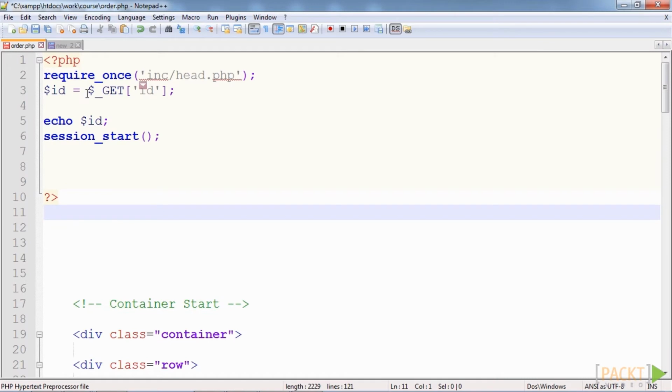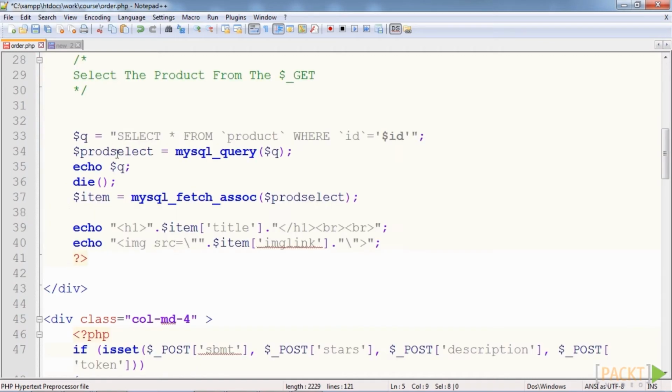If we look at order.php, we just simply get a GET request, as we can see here from ID, and also we have the initial query I've got set here, select from product where ID, and this is where it's set, and we can see the quotations here. If we had the user input, which would do this, then we've got a single stray quote which would potentially cause an error because there's nothing defined to it. It's simply by itself. And the way SQL works is it will cause an error,